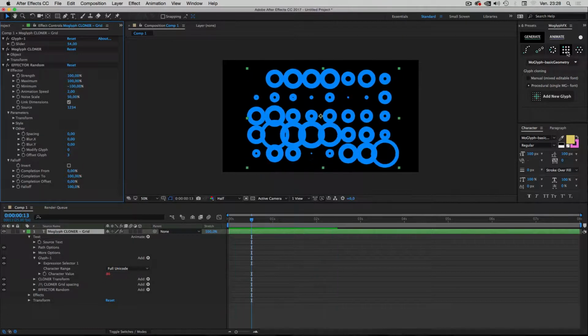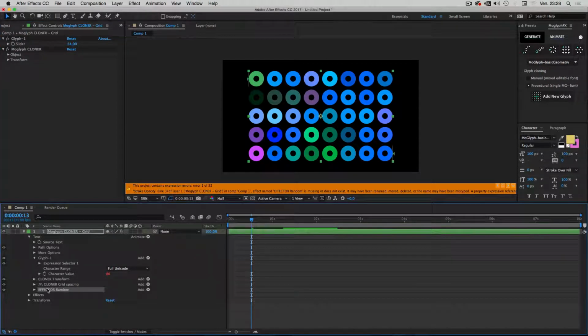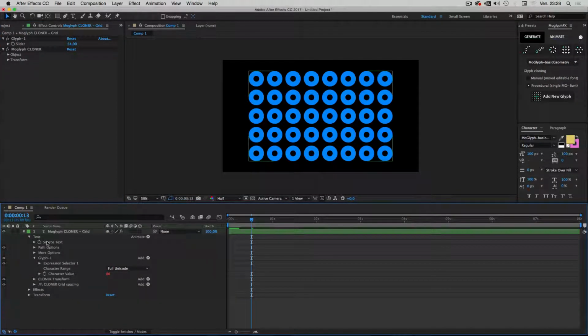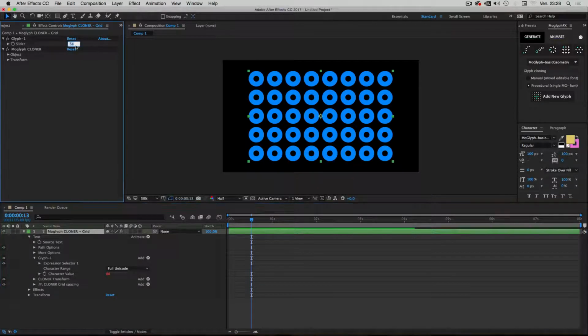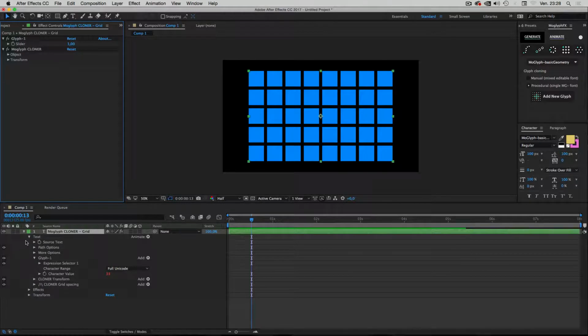So this is it for the random effector, pretty simple to understand. So this is cool. I will delete my random effector. I will go here in the glyph. And let's continue. So I will click on my Moglyph cloner,